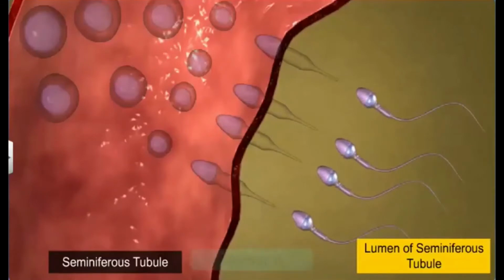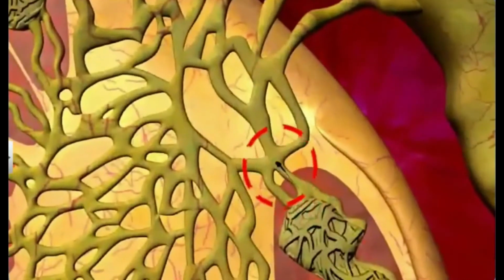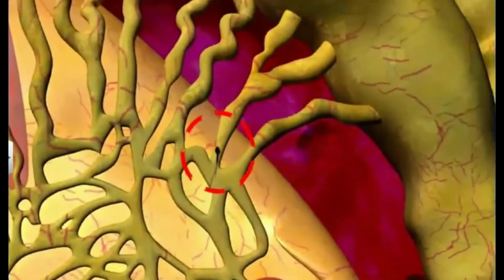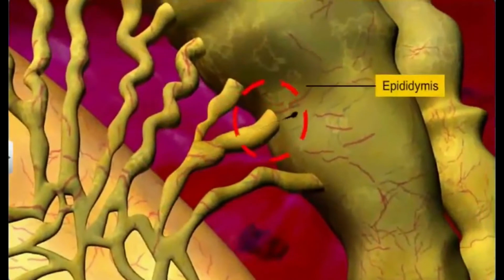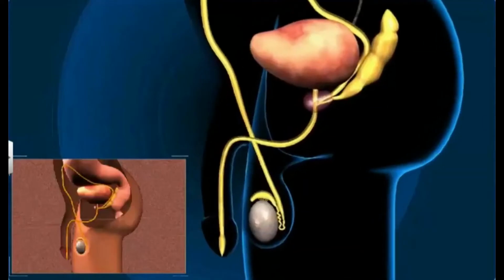The non-motile sperms are released into the lumen of the seminiferous tubule by a process called spermiation. The lumen has testicular fluid that helps transport the non-motile sperm to the epididymis, where they mature and become motile